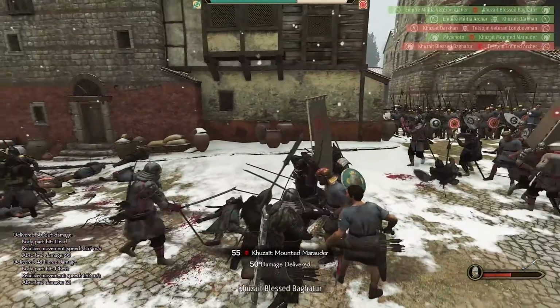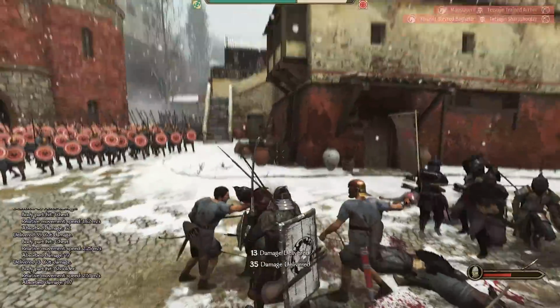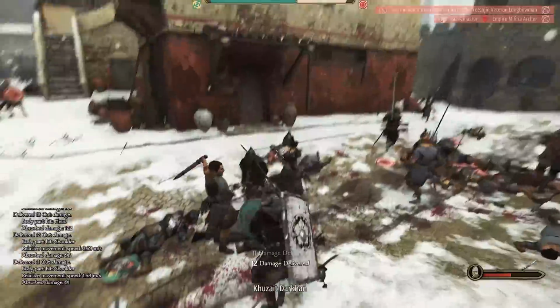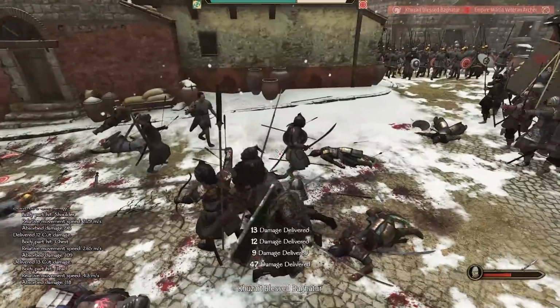It's 50 damage on that. Okay, that's our first kill, which is good. But yeah, we don't have the perk that allows us to deflect arrows yet. It's another kill right there. I mean, these Kuzites are heavily armored. Like, these are the elite knights of the Kuzites, so...